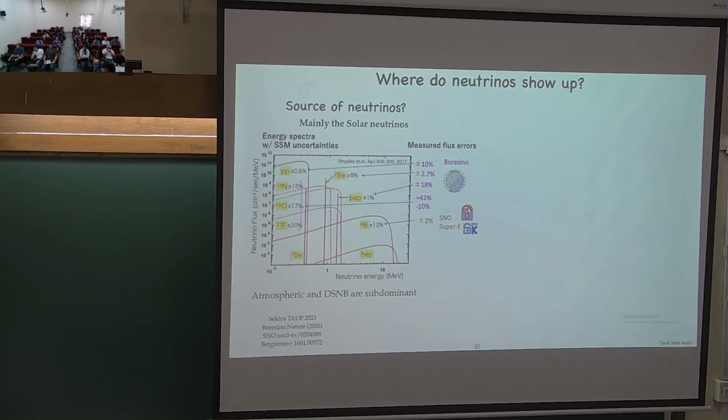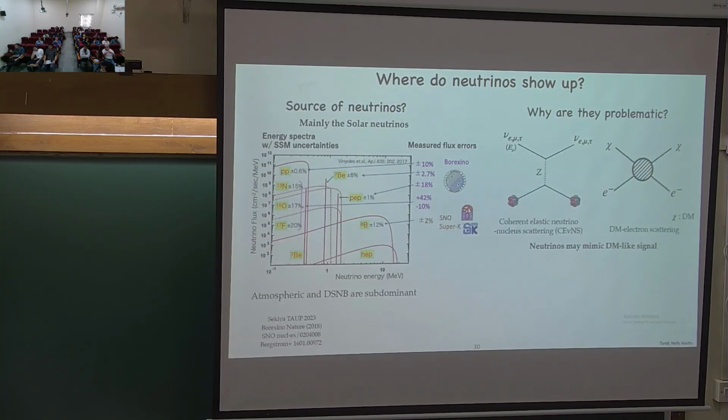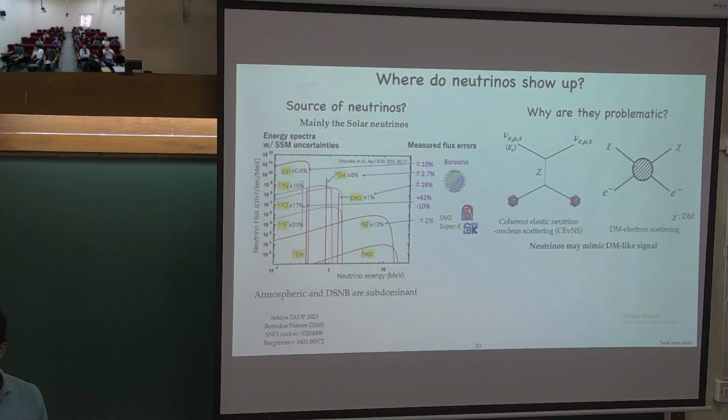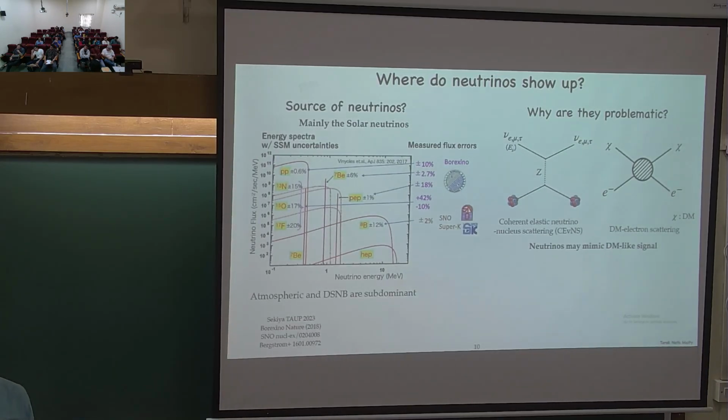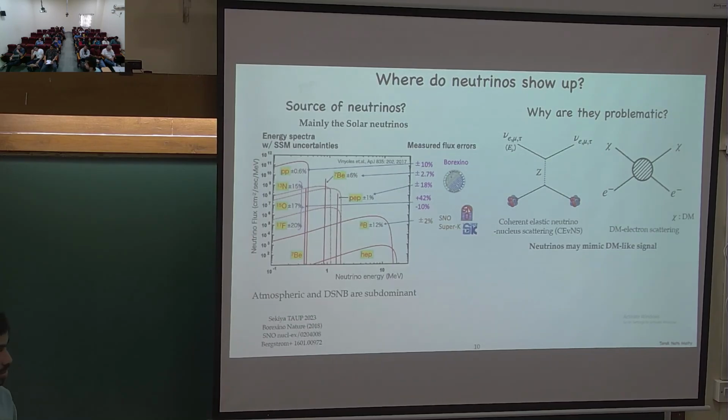Now, what this neutrino could do is come and hit your detector through this kind of reaction and produce a recoil which could mimic a dark matter reaction. So essentially, through coherent elastic neutrino nuclear scattering, it could produce a dark matter-like signature. Now you may ask, so far you have been talking about dark matter electron scattering, so why do we bother about coherent neutrino nuclear scattering?